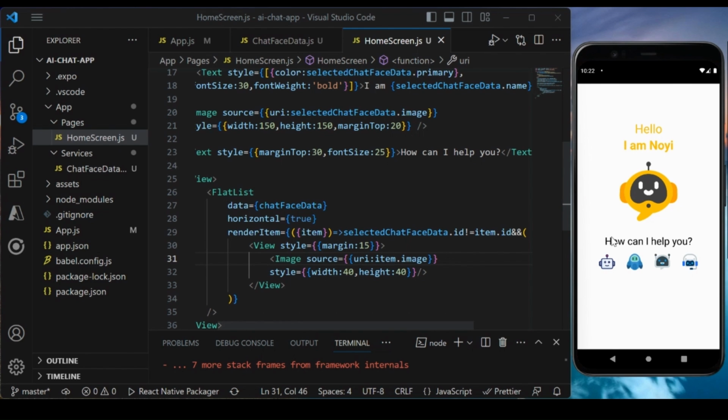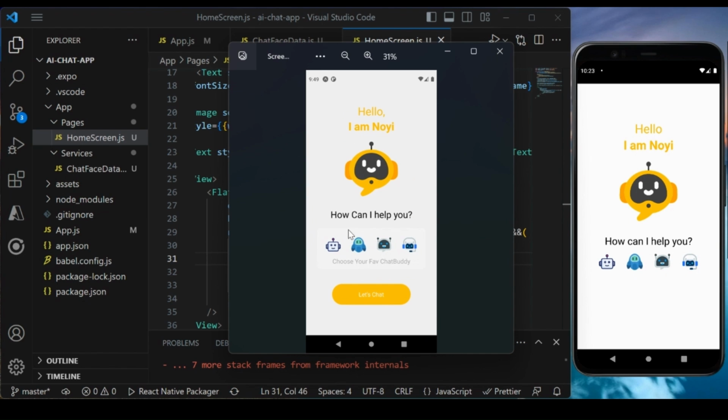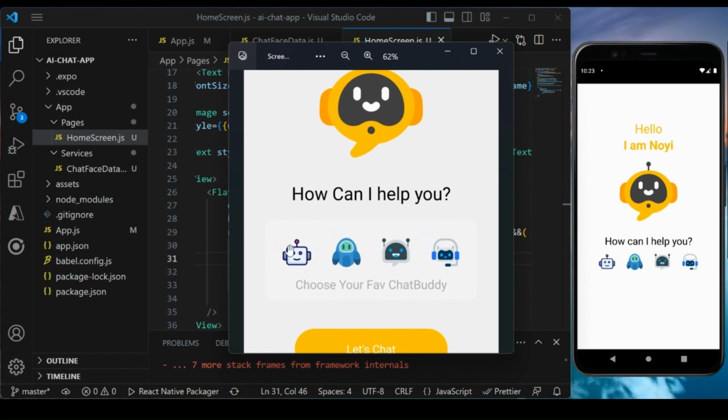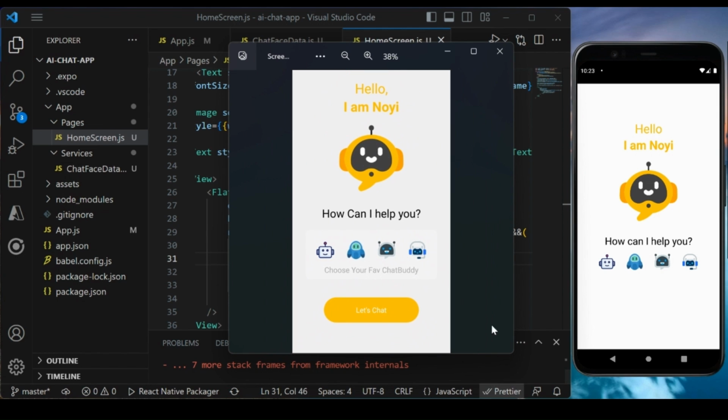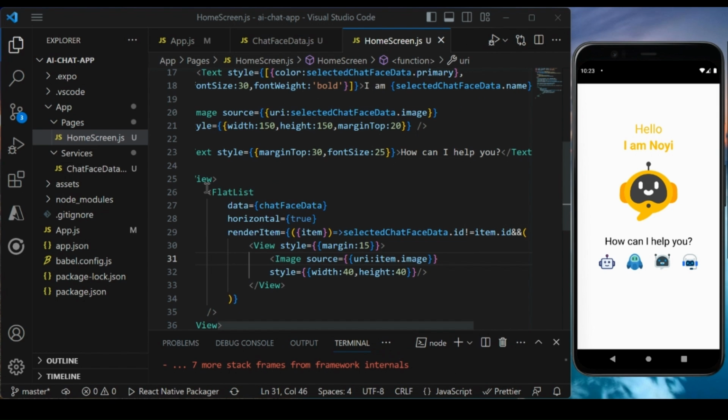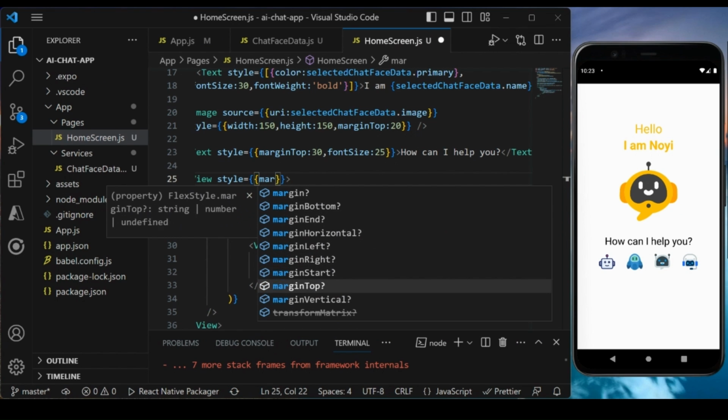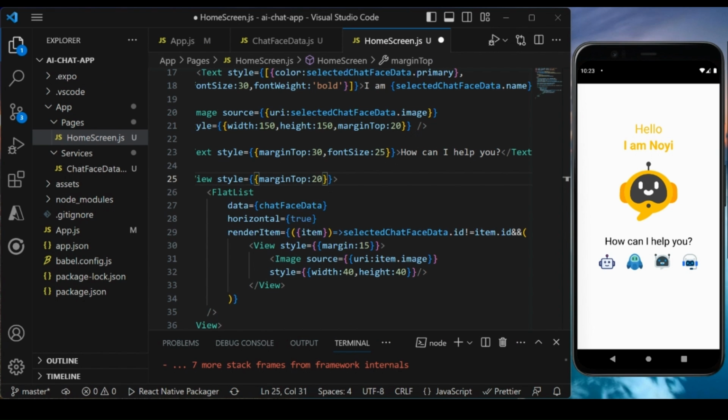So now if you see, we already have all this information. And if you see the mockup, there is some background, it's not visible, but we have some background for this one. So for this particular view, I will add the background. So let's say style, and first of all let's give some margin from the top. Let's say margin top 20, then add the background color. So you can directly add the background color. I have the color code, so I will put it like this,